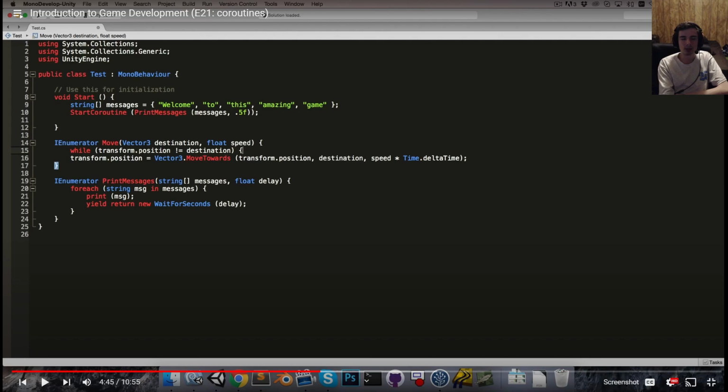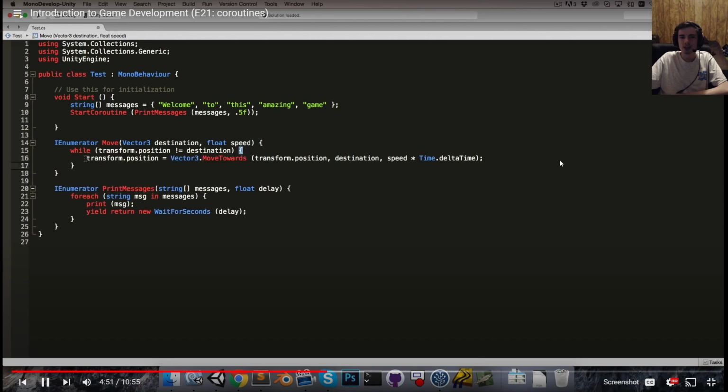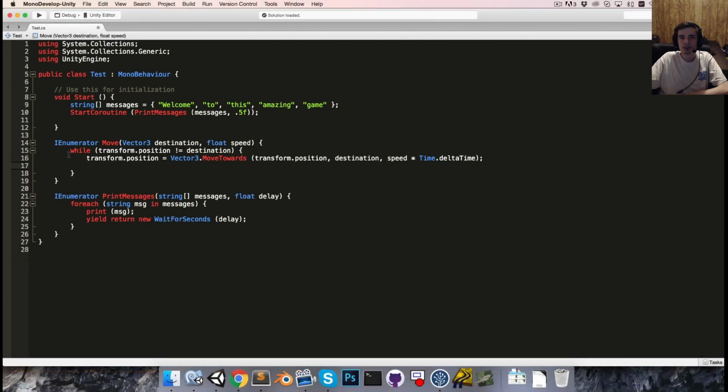Okay, wait. What? Why would you need that though? Why would you need a loop? Isn't that MoveTowards? MoveTowards is eventually going to reach the destination, like, eventually the position is going to equal the destination. So the MoveTowards wouldn't work after that, right? Am I tripping? I don't think you need that. Now, we want to wait for a frame between each execution of the while loop,